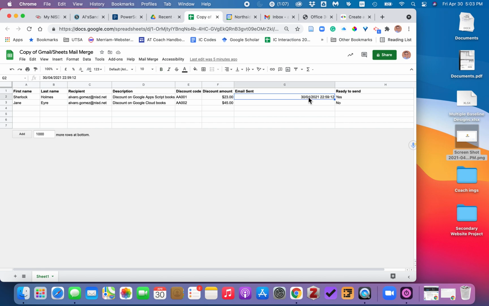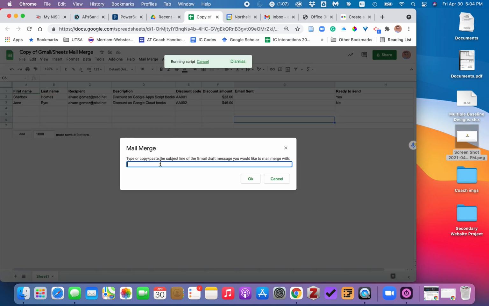But for now I'm going to delete it so that I can show you. Let's say neither of these two rows has been sent yet. She's ready to send this one, so she just marks it with yes. Then the next thing is right here's the script. She clicks on send emails, and here's where you paste the subject line of the draft email,